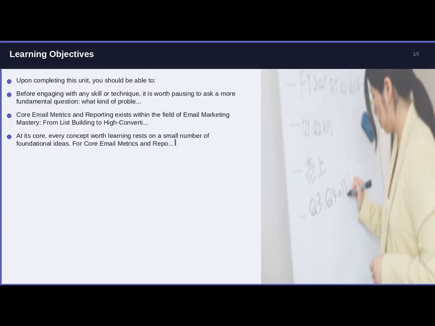Upon completing this unit, you should be able to articulate the core principles of core email metrics and reporting in your own words without reference to notes, distinguish between correct and incorrect applications of these principles in realistic scenarios, identify the conditions under which standard approaches are appropriate, and when alternatives must be considered, apply the concepts from